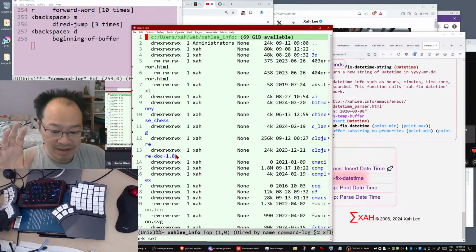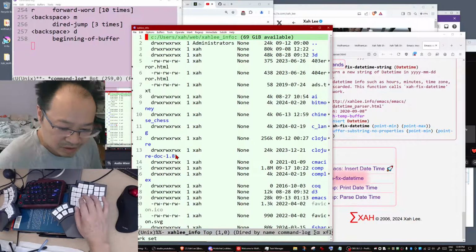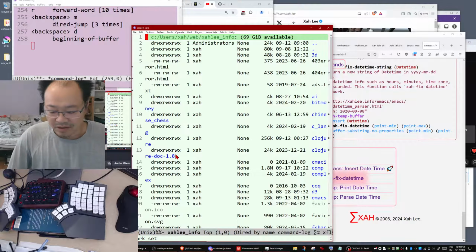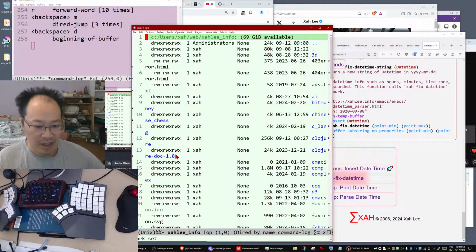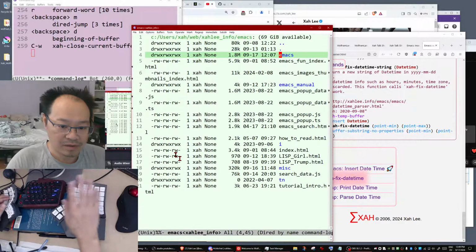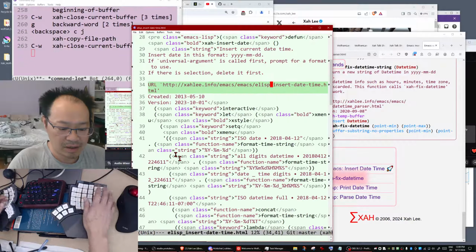There are over like 8,000 or so HTML files, plus some 20 more thousand JPEG or image files and so on. So that's the command we're gonna write. Okay, so let's do that.